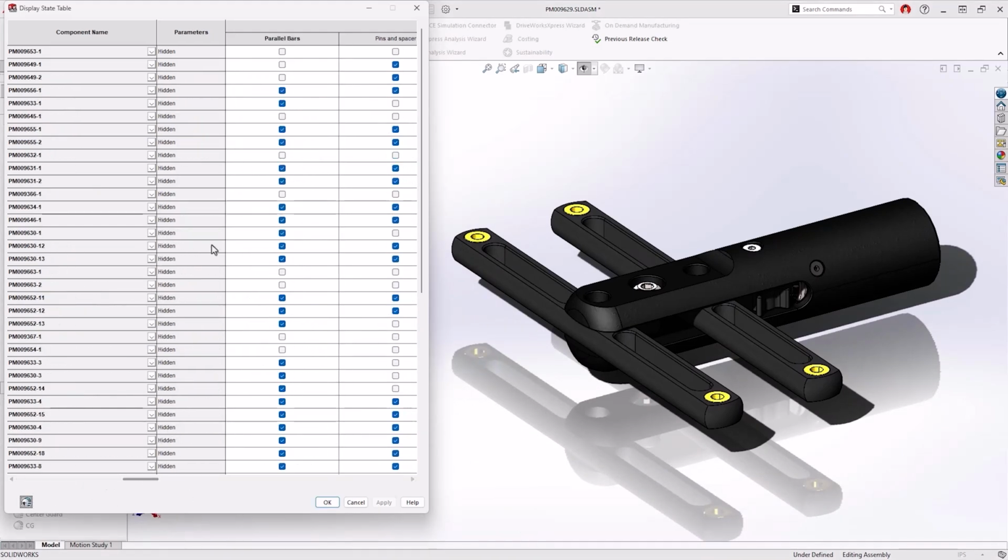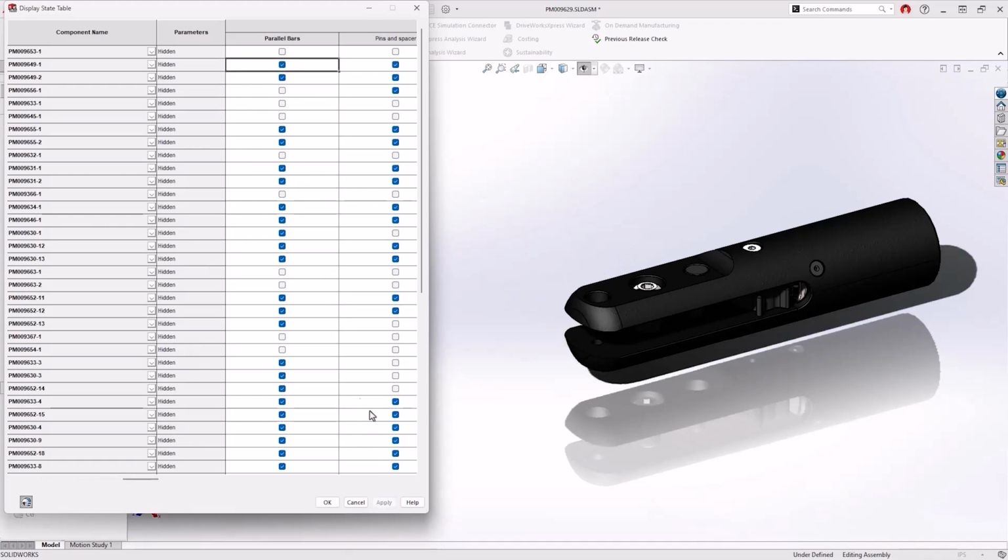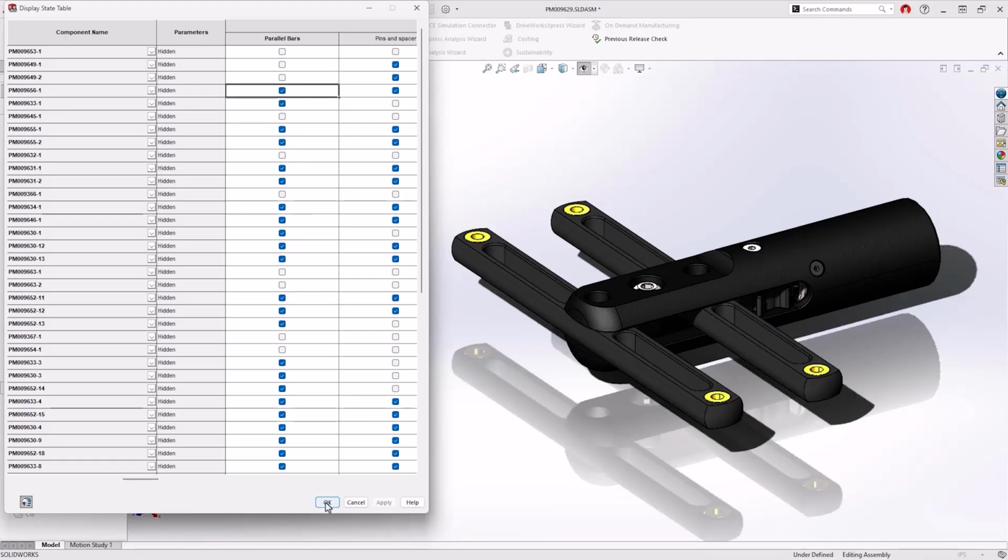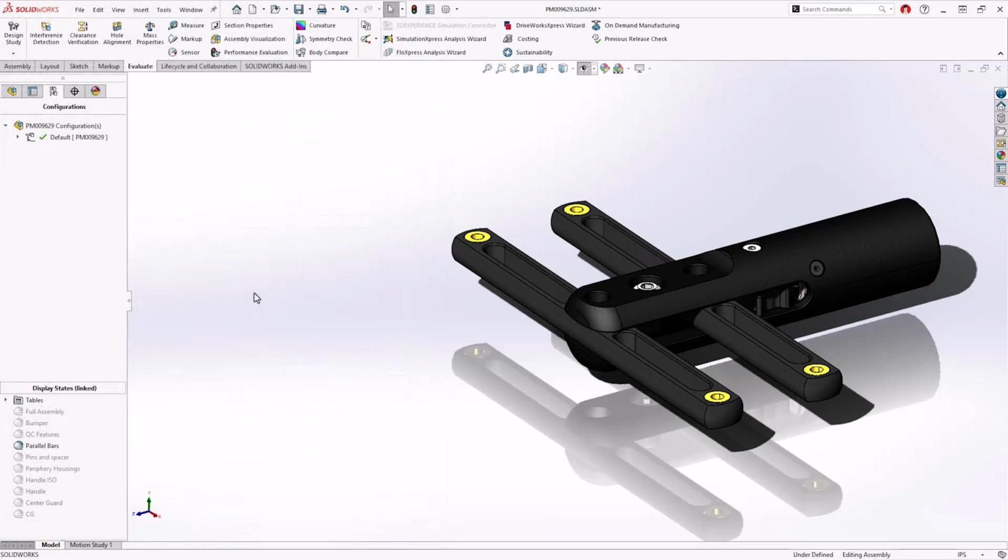This allows users to manage display states with ease, simply by toggling components on and off from each column of the display state and the respective row that reflect the assembly tree instances. Changes can be seen in real time by applying the update, and once complete, click OK to save.